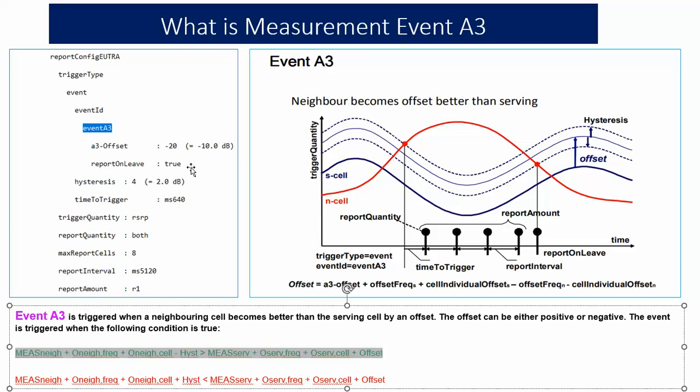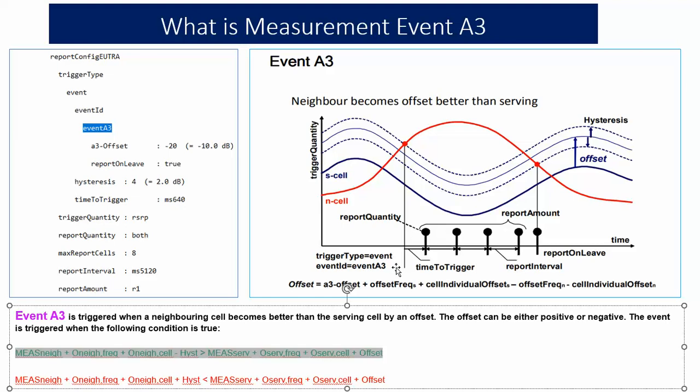And if we have minus 12 dB, that means minus 103. If the neighbor cell becomes 12 dB better than the serving cell, at that time the network will trigger event A3,